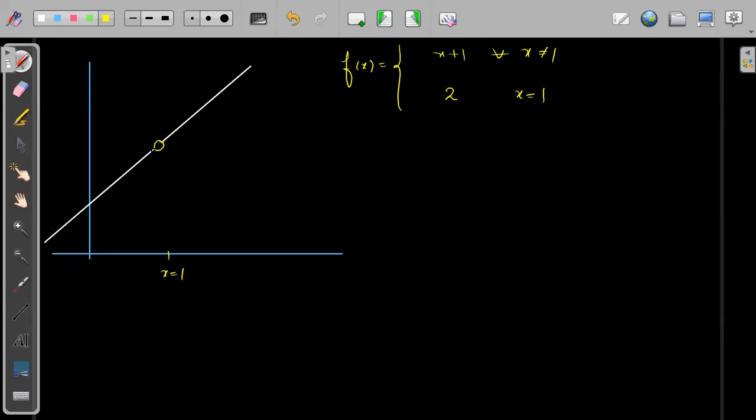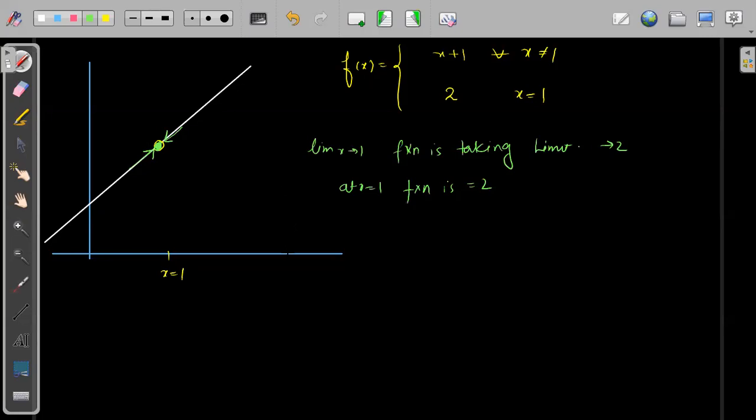Now there was a gap here. I will fill this gap with this point. I have filled this gap with this point. Now this function becomes continuous. Now we can say that when limit x tending to 1, the function is taking the limiting value as 2, and at x equals 1, the function equals 2. That means right hand side the function is approaching the same value, left hand side the function is approaching the same value, and the function's value at that point is 2. So that means the function becomes continuous.